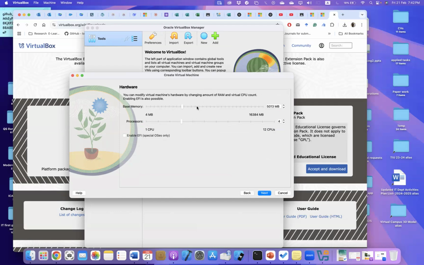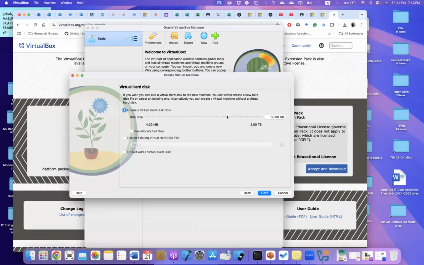The RAM is the size that will be used by the virtual machine. Then for the hard disk size, based on the space that you have, you can choose. I will choose around 40 gigabytes. I think it will be enough for the machine to run. Then next,